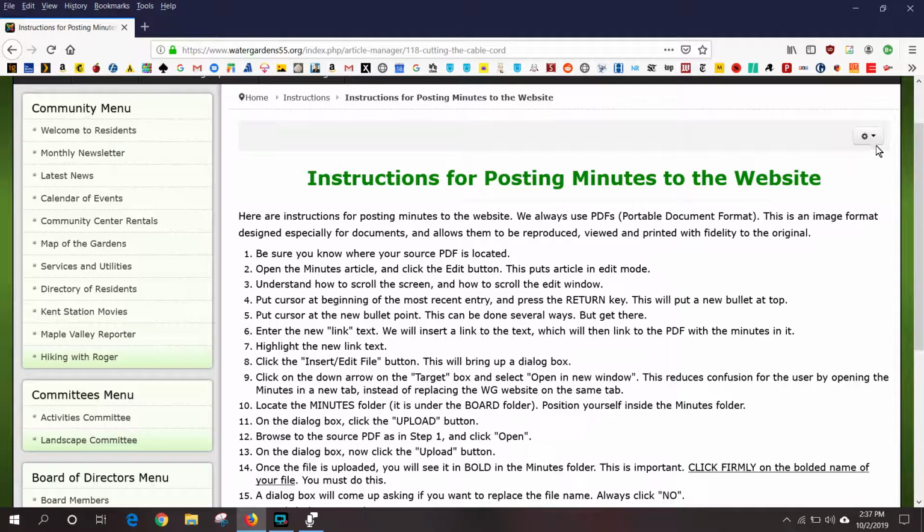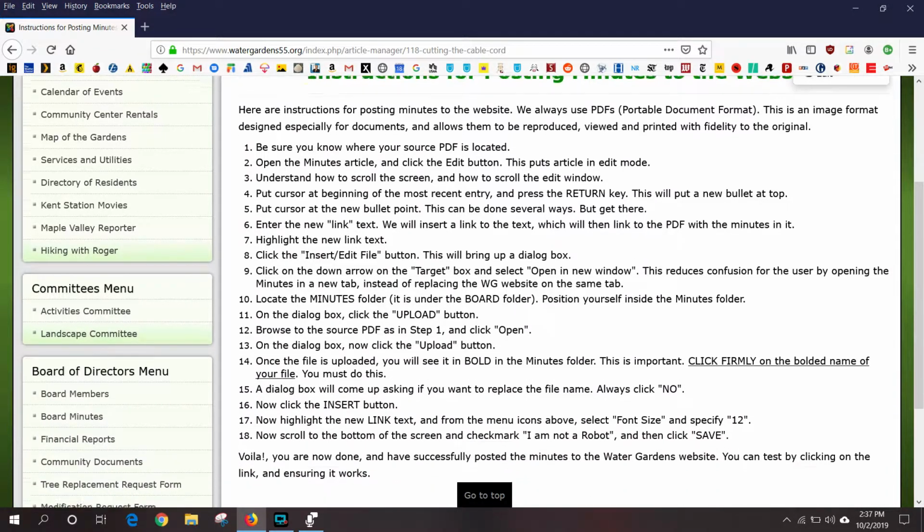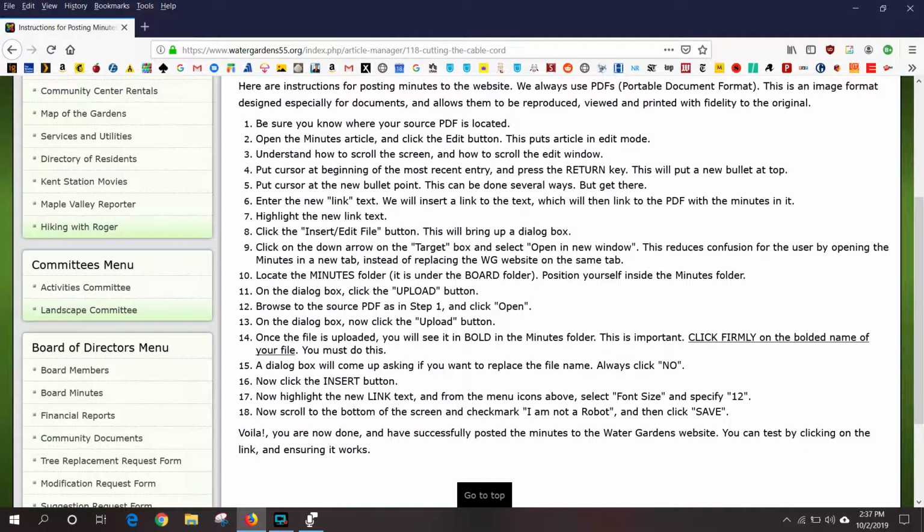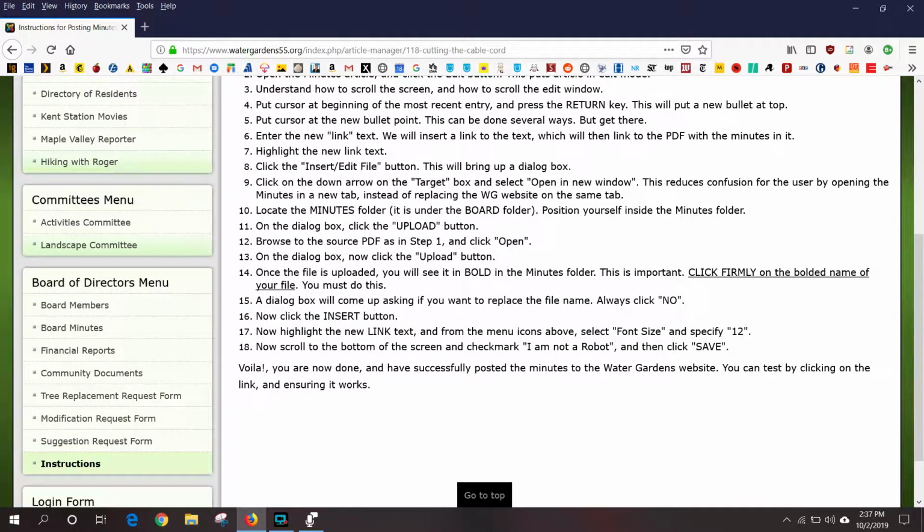If you click on the icon over here, you'll see that you can print this out. I would recommend printing out these instructions so that you can follow along with the posting of the minutes. I will read these instructions as I post minutes. Okay,